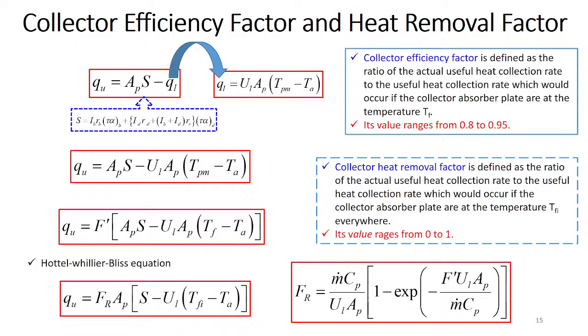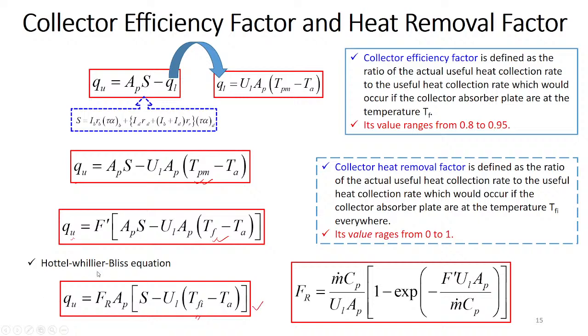So you can see QU already I have expressed. This is nothing but the solar radiation flux received by the absorber plate multiplied by the area of the plate minus QL. Okay, QL you already know is the rate of heat loss, the overall losses. It includes all the losses from the top, bottom and sides. Then you can see QU in terms of TPM and here QU in terms of TF, and when we are interested in QU in terms of TFI, then our expression will be something like this,